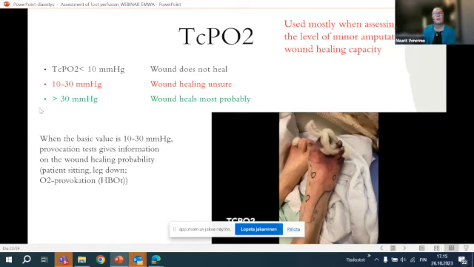When the basic value is between 10 and 30, provocation test gives information on the wound healing probability. It means that we make another measurement when patient is sitting, leg down, or we use oxygen provocation. And